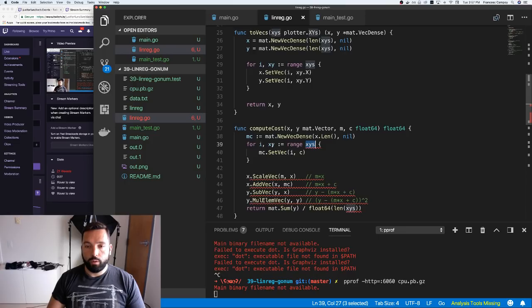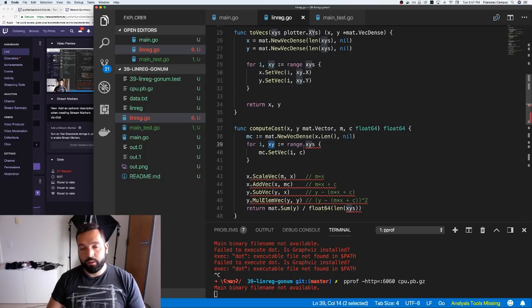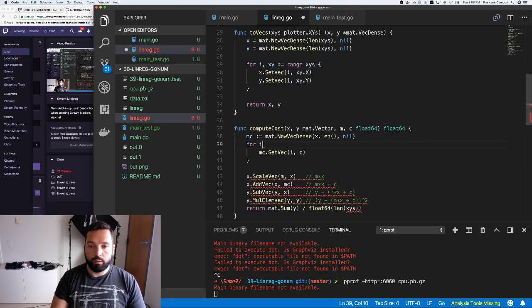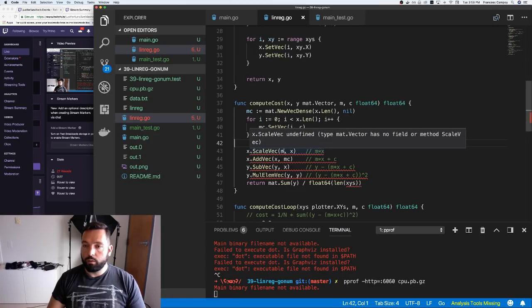Then we're going to be iterating here, but actually we're gonna do x, y. I feel like there might be a better way of doing this, but let's say for now like this. So for I equals 0, I x dot len, I plus plus, set C, and